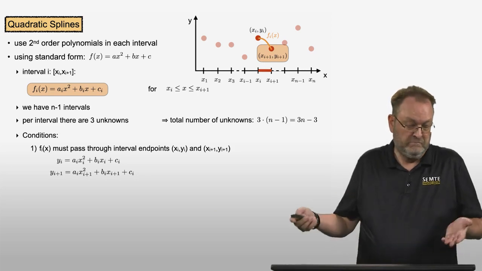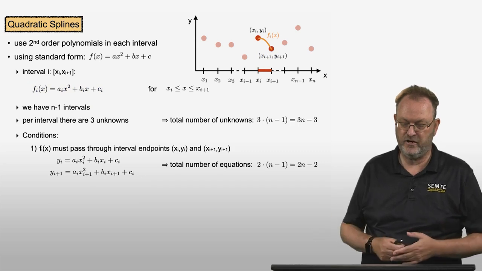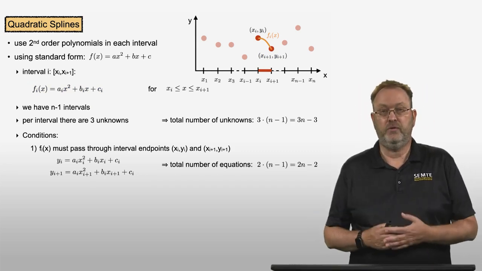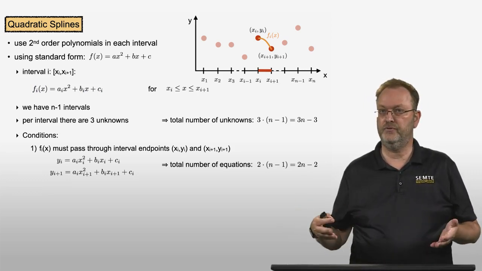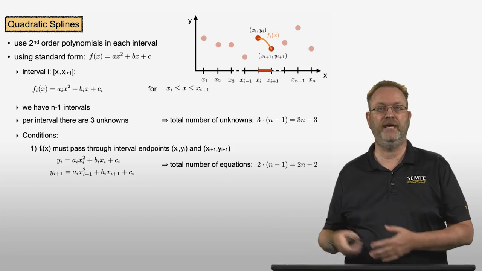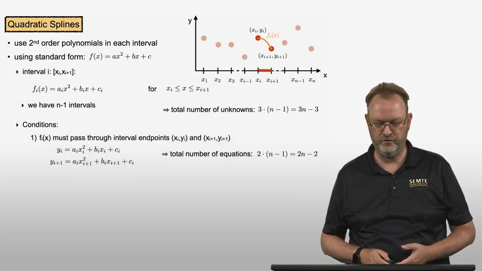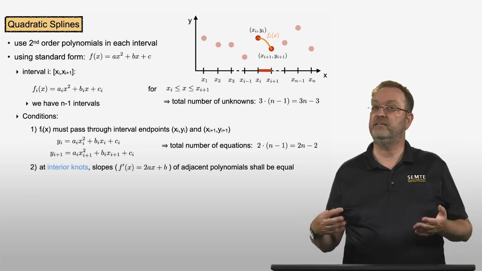Okay, so the polynomial is supposed to go through the data values at the end of the interval. Now, those are 2 equations for each one of the intervals. So I have 2n minus 2 equations now. Not enough equations to determine the unknowns. So my second condition is that at interior knots,